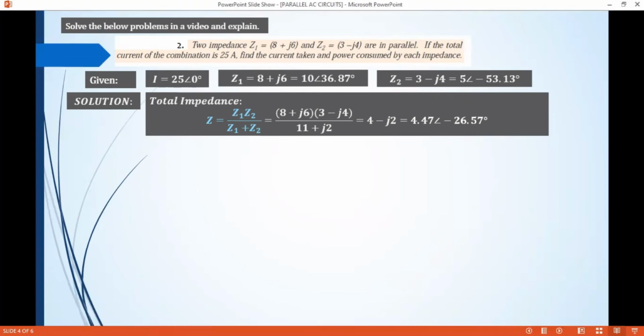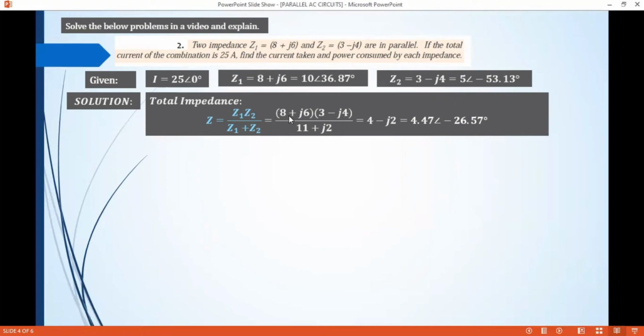So the formula for the total impedance is Z equals the product of Z1 and Z2, all over the sum of Z1 and Z2. So substitute the values from the formula. We have 8 plus j6 for the impedance 1, and Z2, or the impedance 2, is 3 minus j4, and all over,